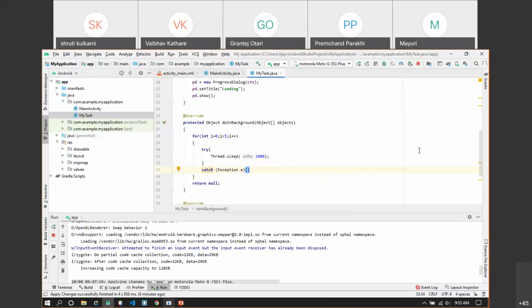Now the same concept they are applying in programming. If you are performing a longer operation, then rather than doing that longer operation on the main thread, the operation should be performed on some other background thread, and the user will see some kind of progress or activity on your main screen. So the user will not get the impression that your activity is hanged.